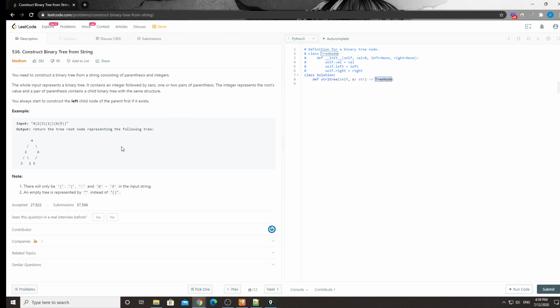So with this kind of problem, it's kind of obvious we need to use recursion. Basically, every time we see a 4 here, we try to find the string for the left subtree and the string for the right subtree. For example, once we find the first left parenthesis, and everything before that,